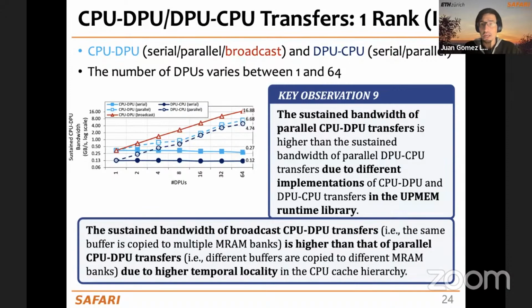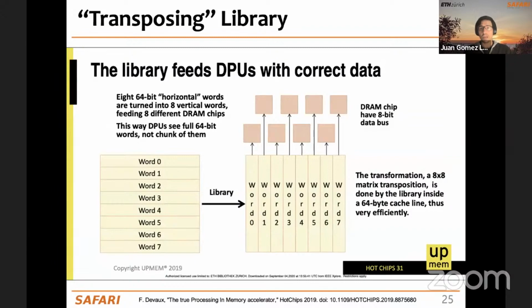As I said before, 19 gigabytes per second. And if we cannot achieve this peak bandwidth, one of the reasons why we likely cannot achieve it is because the runtime system, the PIM runtime, needs to perform a transposition when copying the data from the main memory of the CPU to the MRAM banks. And the reason for that is that the way that the DPUs need the data to be laid out is different from the